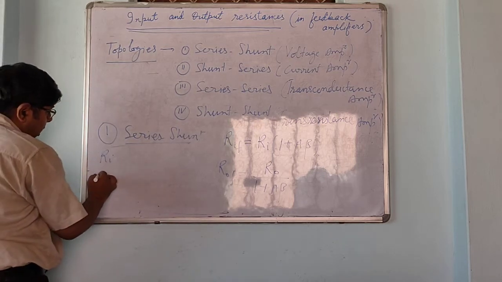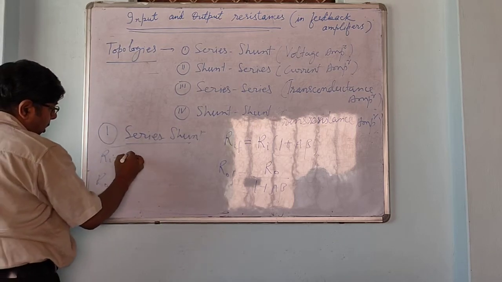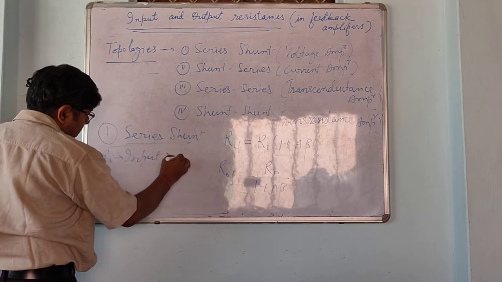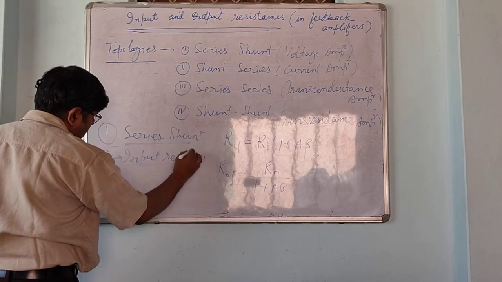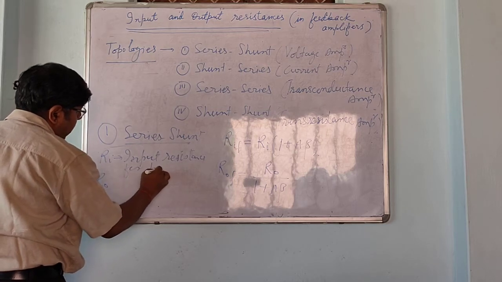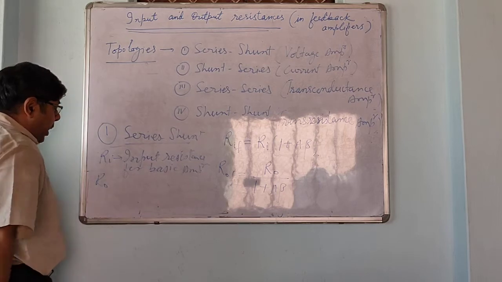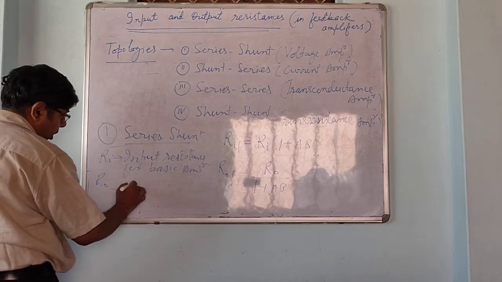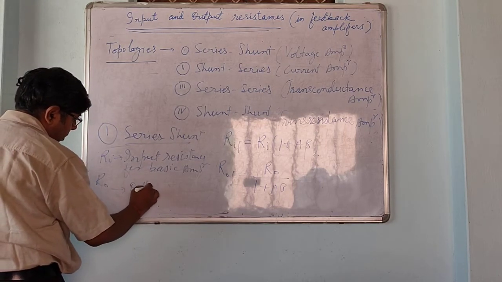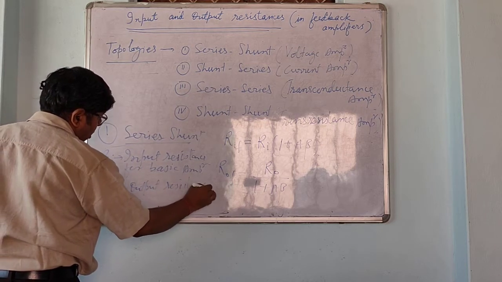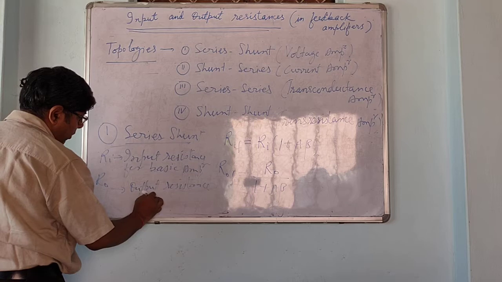Obviously these are input resistance for basic amplifier, means without feedback, and this is output resistance for basic amplifier,